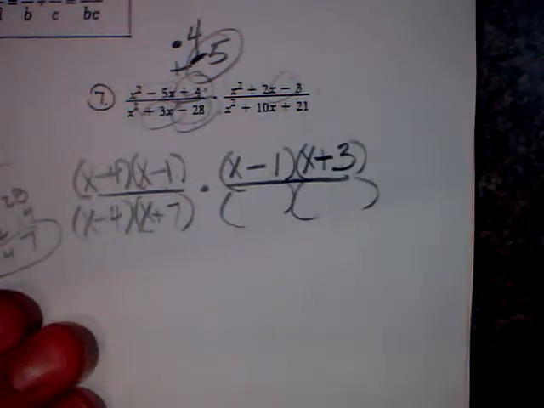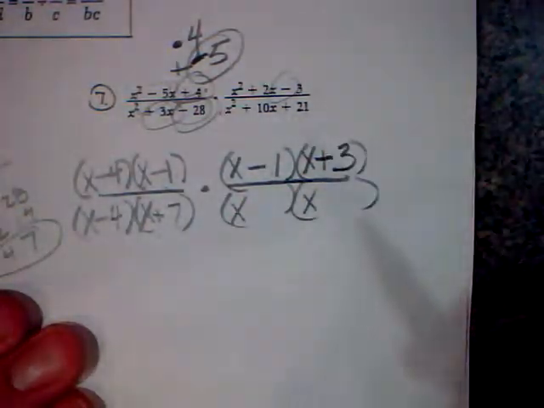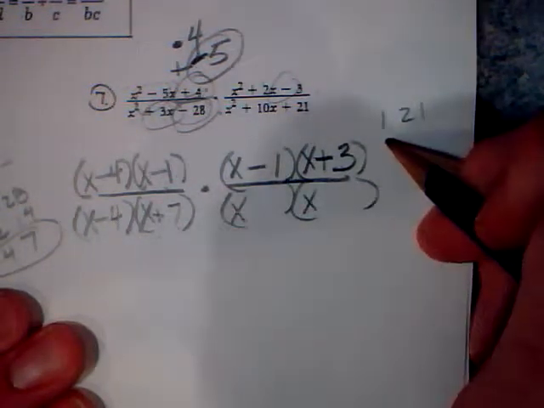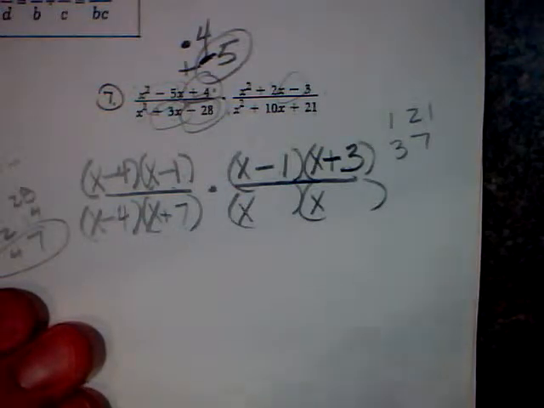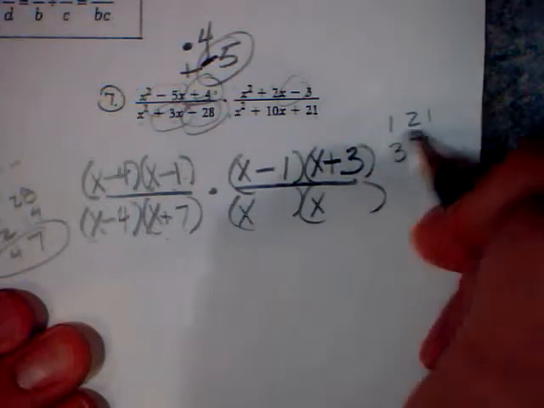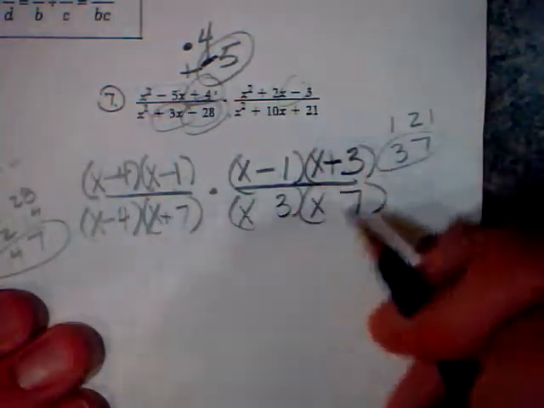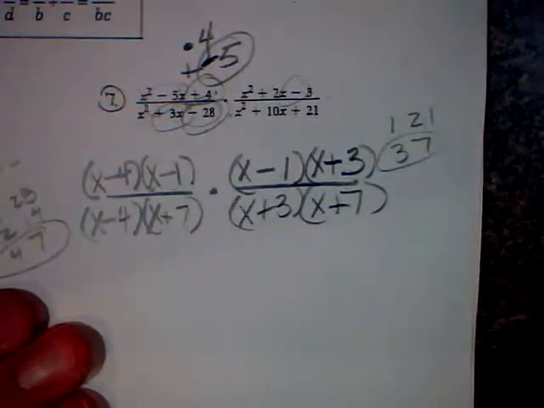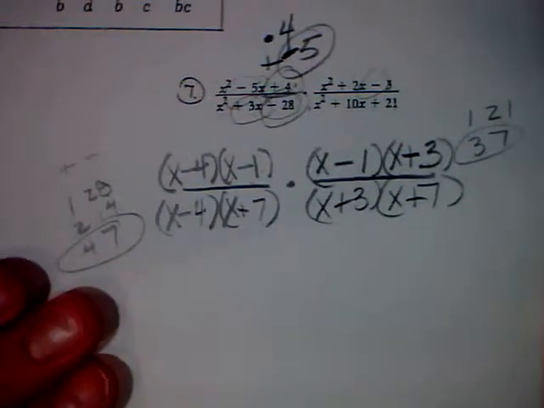Okay. Then in the denominator, again, it looks like we have an x and an x, and we need factors of 21 to add up to 10. So our options would be 1 and 21 or 3 and 7. And it appears that the 3 and 7 will add up to 10. So it looks like we're going to use the 3 and the 7. And since both signs are positive, both of these need to be positive as well. So we've got that all factored, and now at this point it's just a matter of going ahead and canceling